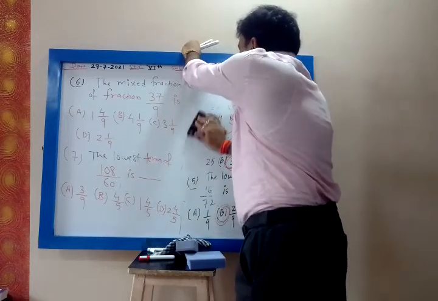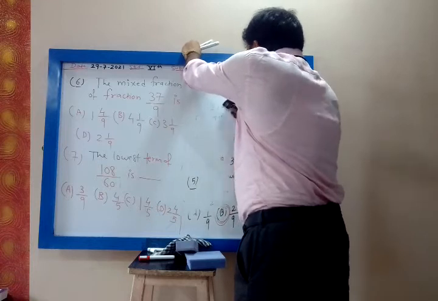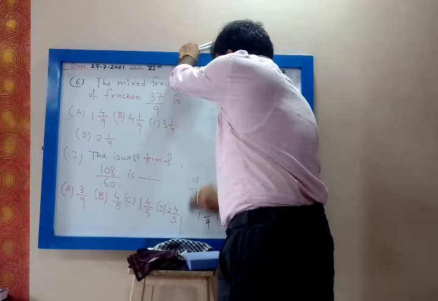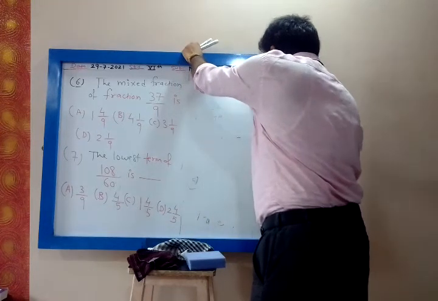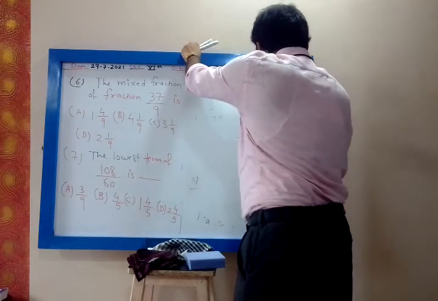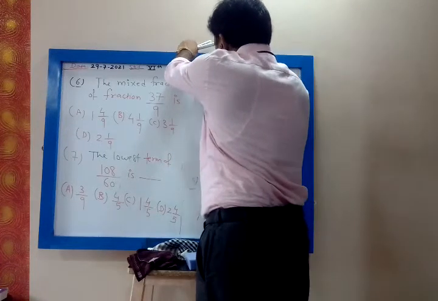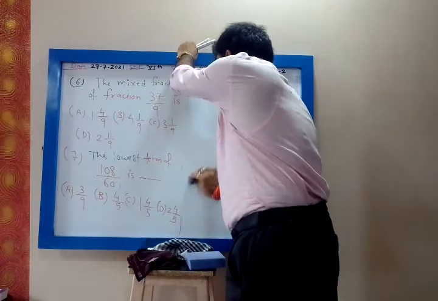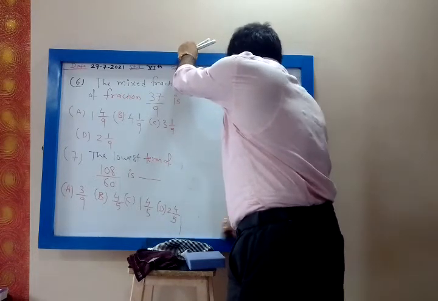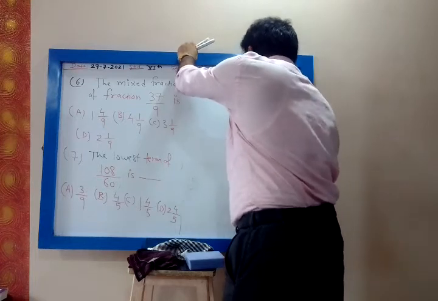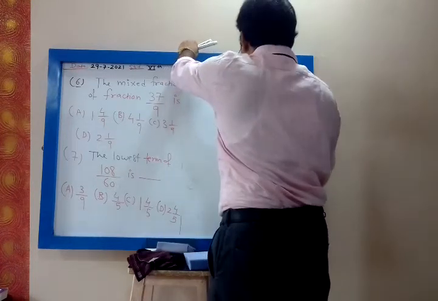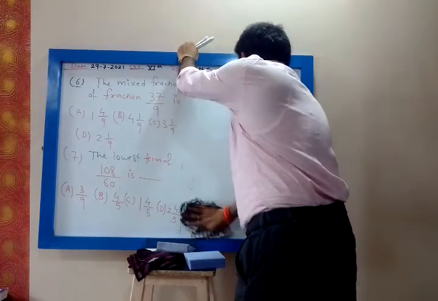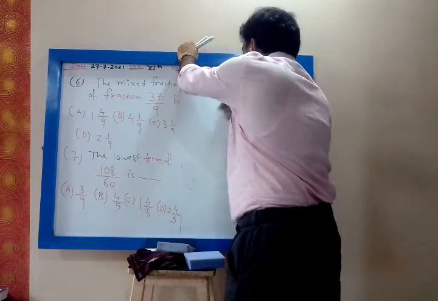So even if you solve the problem, do not be in a hurry to give me the answer. Once I have completed 4 questions on this side, then during discussion you will give the answer. Before that you will not give the answer, because each and every question we are writing we have to discuss. So 4 questions, one at a time we are doing.